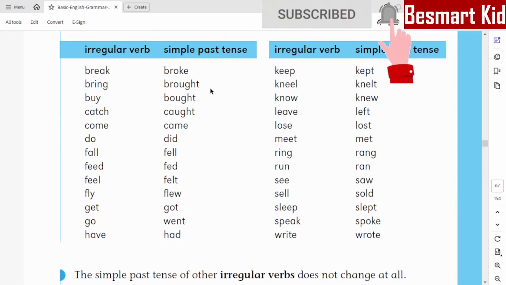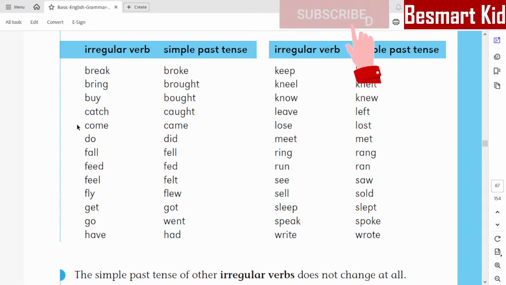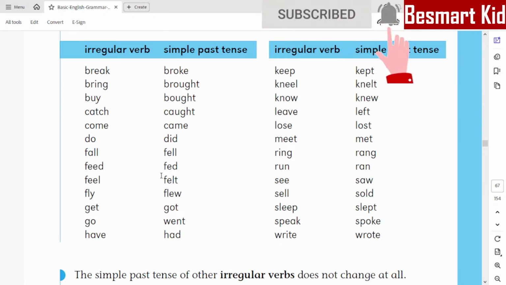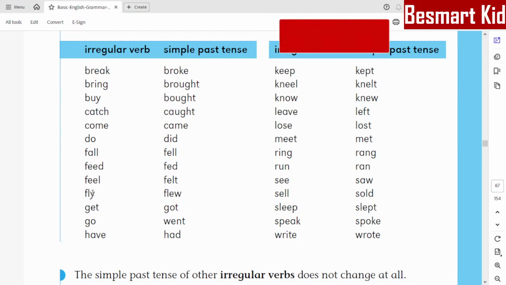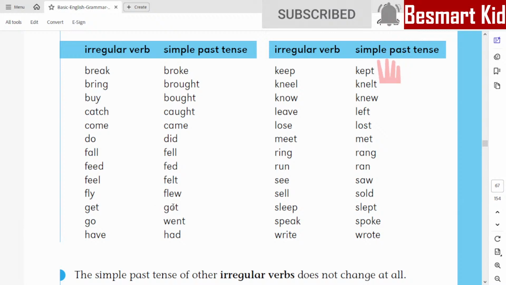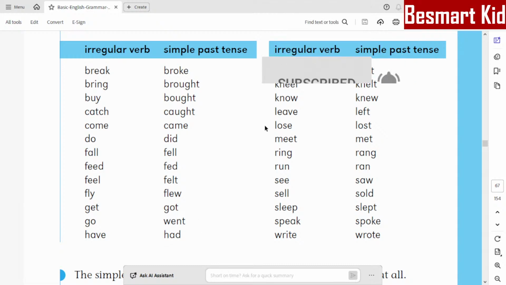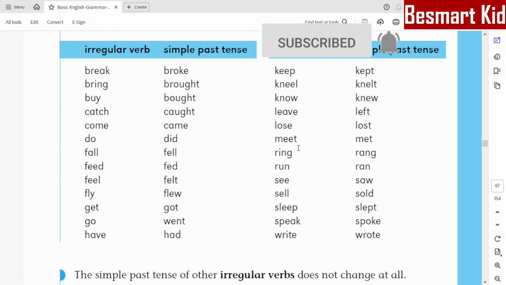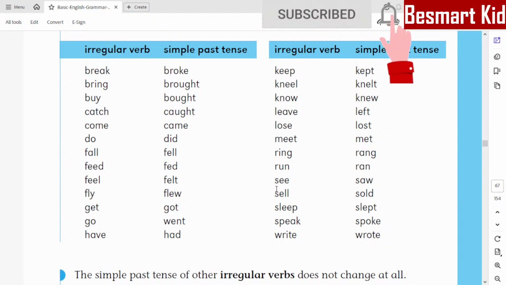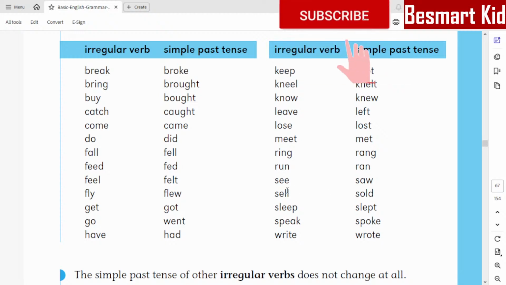So here we have bring, brought, buy, bought, catch, caught, come, came, do, did, fall, fell, feed, fed, feel, felt, fly, flew, get, got, go, went, have, had, keep, kept, kill, knelt, know, knew, live, left, lost, lost, meet, met, bring, run, run, run, see, saw, sell, sold,